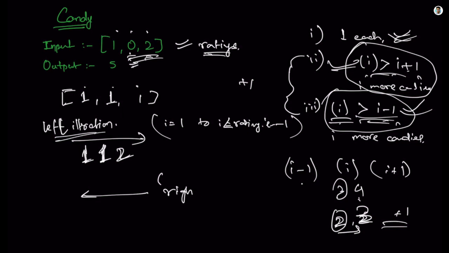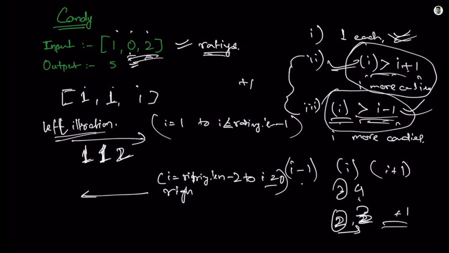It will be a loop that starts from ratings dot length minus 2 to I equals 0. So it will be a loop running from the last index to the first